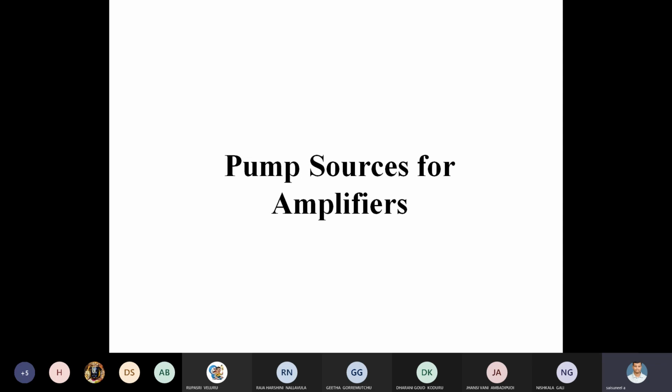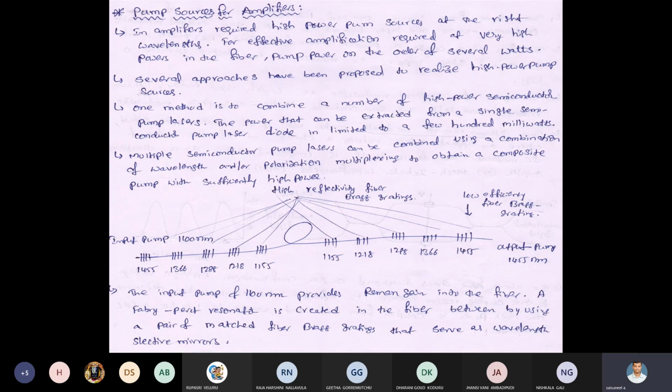In previous classes we discussed optical amplifiers, how an optical amplifier works, and how pump sources are used, whether in the same direction or the opposite direction. Already we discussed the use of pump sources in amplifiers: you have to select the wavelength of a particular optical signal in the amplifier, then go for amplification of that light signal. That is how pump sources are used in the amplifier sections. We have to select the right wavelength in the optical fiber cable.